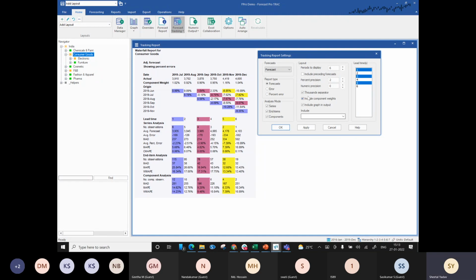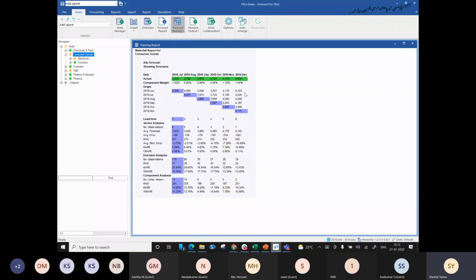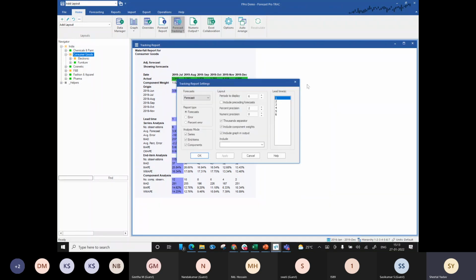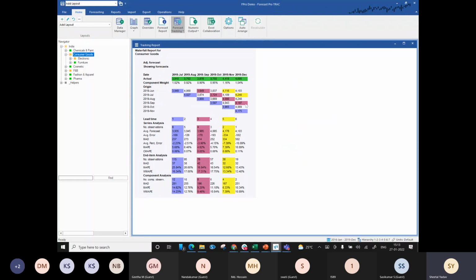The rest of the information is not so relevant, so I'll not waste my time on that. But you can also select the lead time. So when I'm selecting these lead times, I'm basically telling the system to color code these time periods. If I uncheck that, you would notice that the pink band and the yellow band have gone away. But it's really important that we activate them so that it becomes really easy for us to differentiate and look at these numbers in detail.